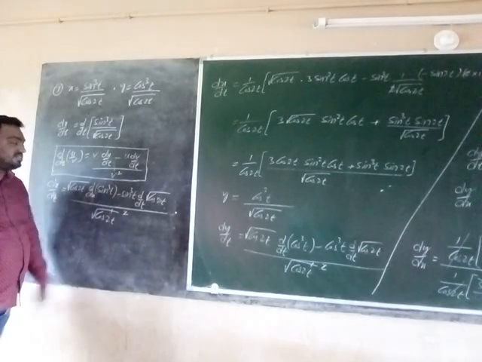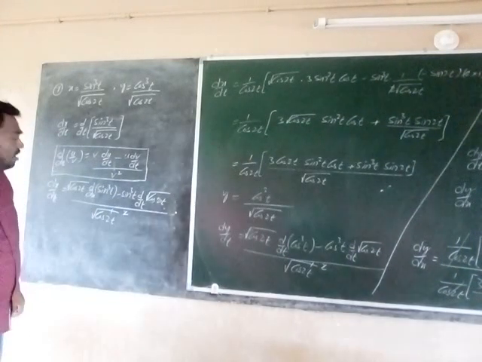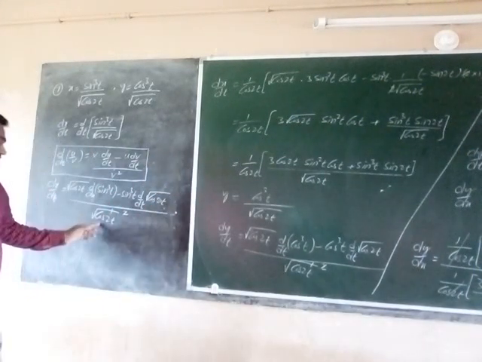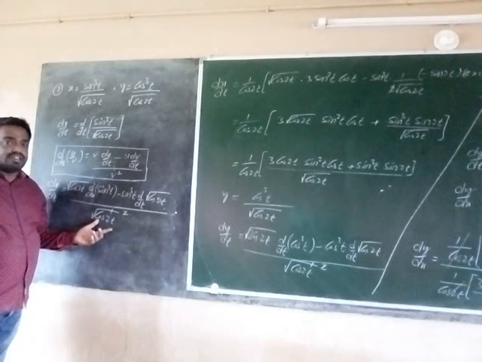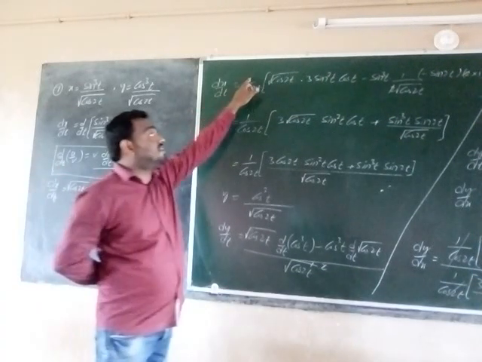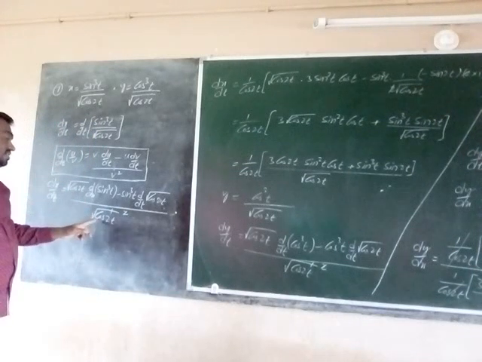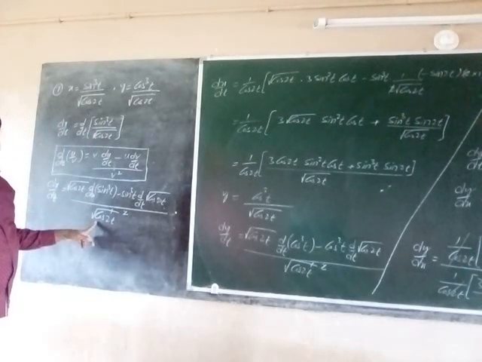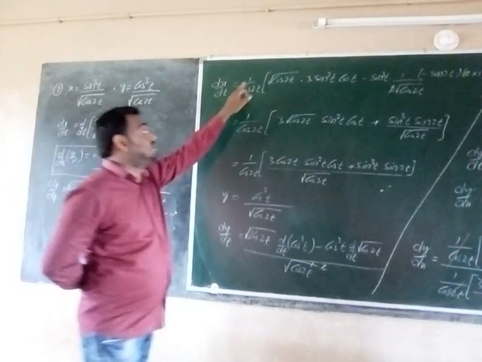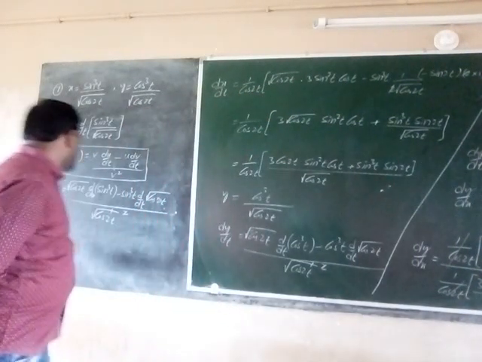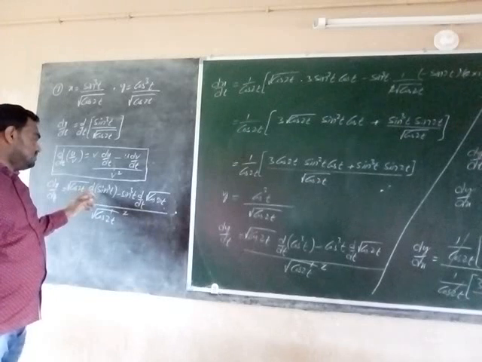Here the square root gets cancelled. Now dx by dt is equal to, here the square root gets cancelled, denominator is only cos 2t. Understood? That one I have written here as 1 by cos 2t, into square root of cos 2t, as it is, times the derivative of sin cube t.